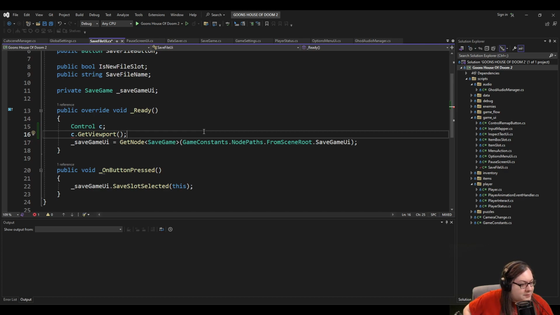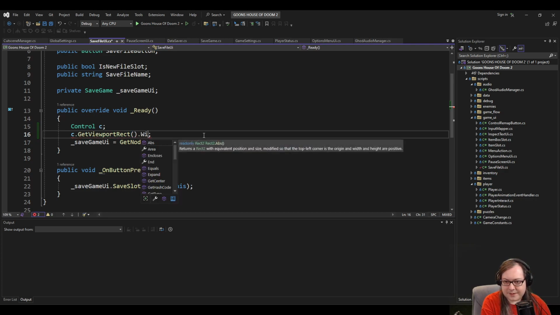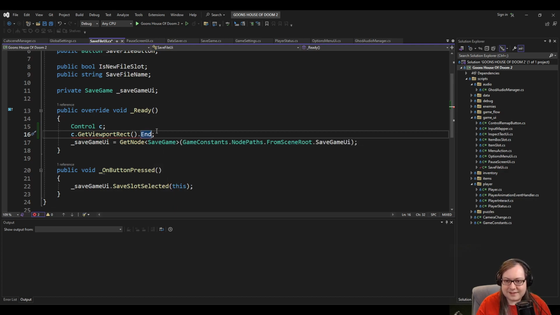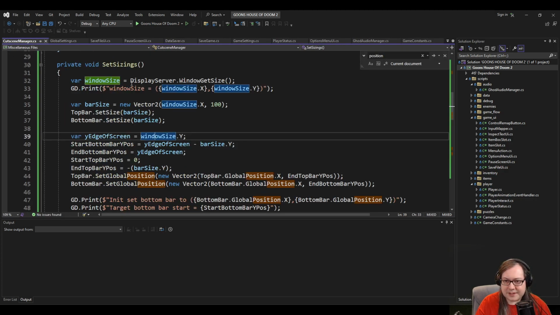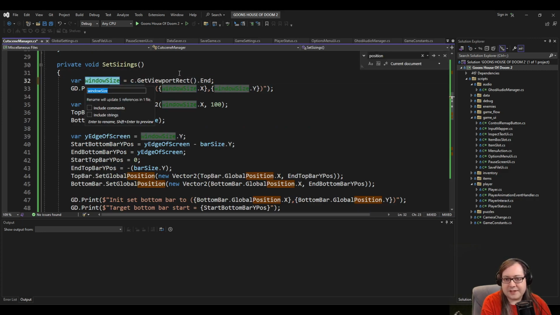I think scanning the viewport of the children, don't care about the window size. Exactly, yeah. So that's what we're gonna use, the viewport instead. We want the viewport rect, or get viewport. It is get viewport rect. Oh my god. Dot end. Then that's a vector, right? Yeah, it's a vector. Okay. So we can replace window size with this. I guess we can call it window size, or...